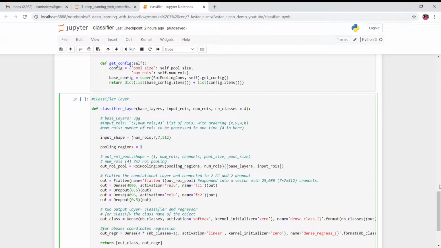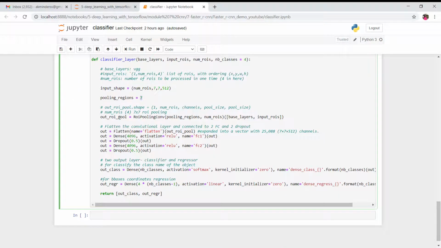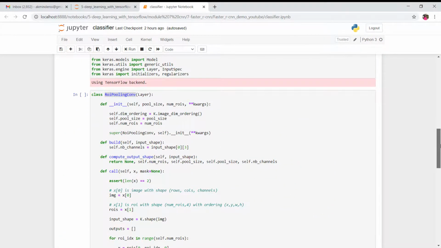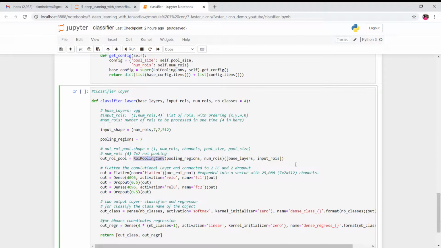And over here you can see out ROI pool. This variable is actually storing the output. See, ROI pooling conv, what is this? This is a class which is responsible for performing this ROI pooling, right? So out ROI pool will give us the output of ROI pooling conv, right?